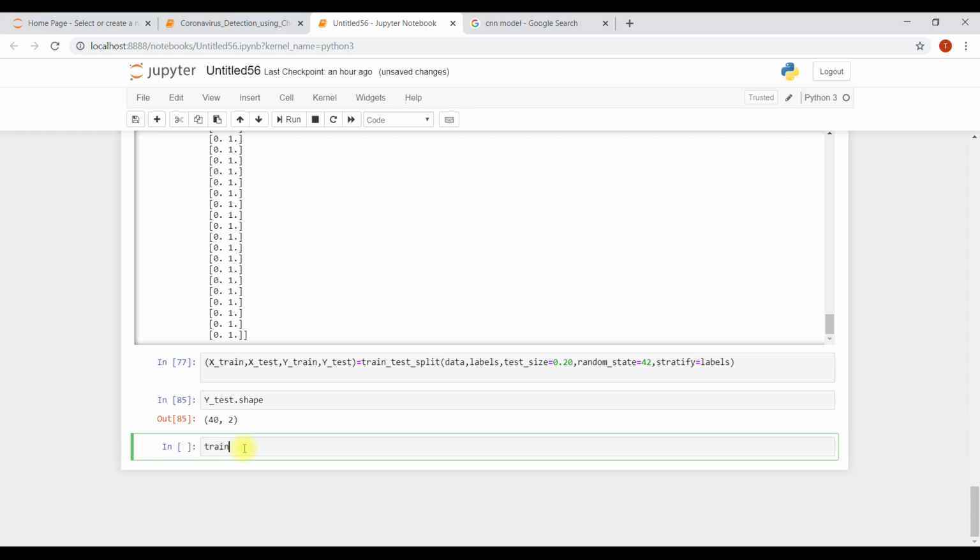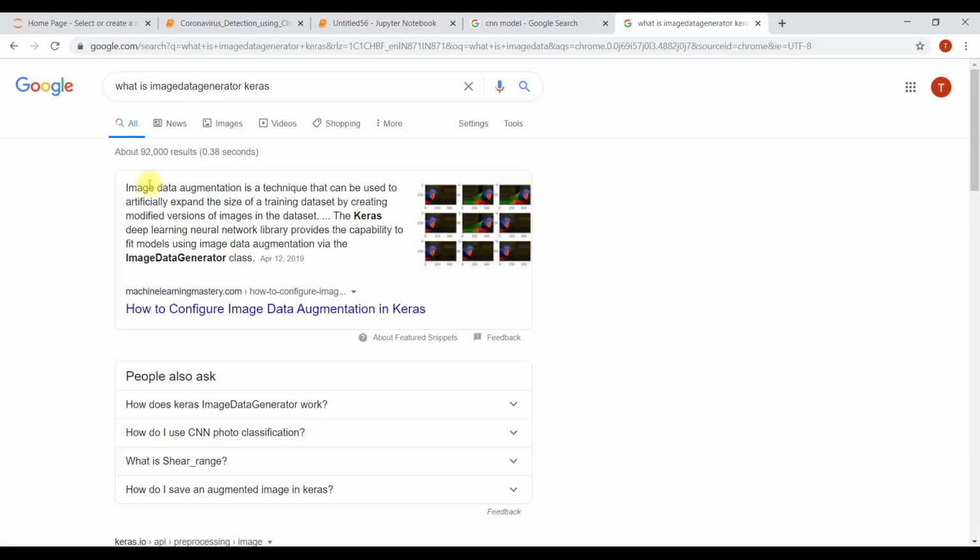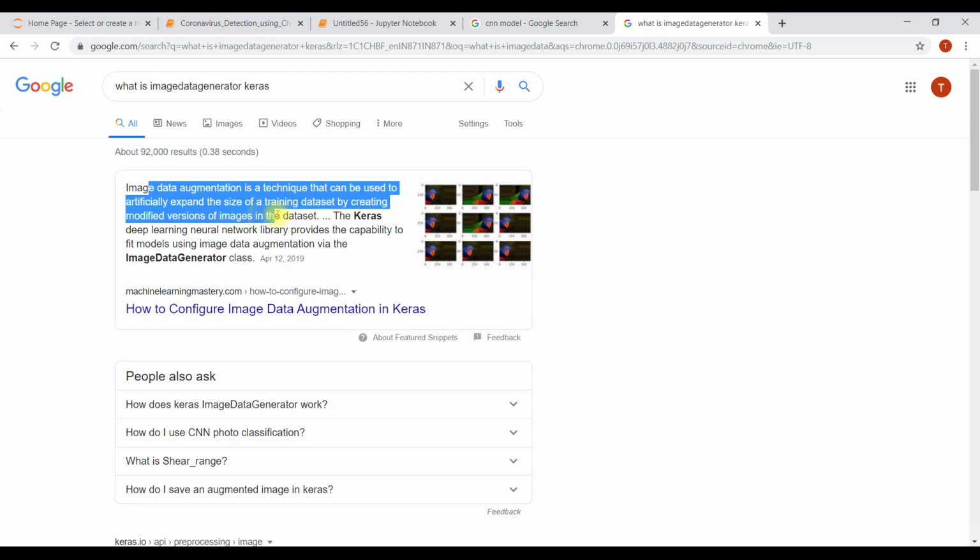Now let's make the training augmentation, which means let's create more data, since we have a small amount of data. We name it train and we use ImageDataGenerator. Image data augmentation is a technique that can be used to artificially expand the size of a training data set by creating modified versions of images in the data set.